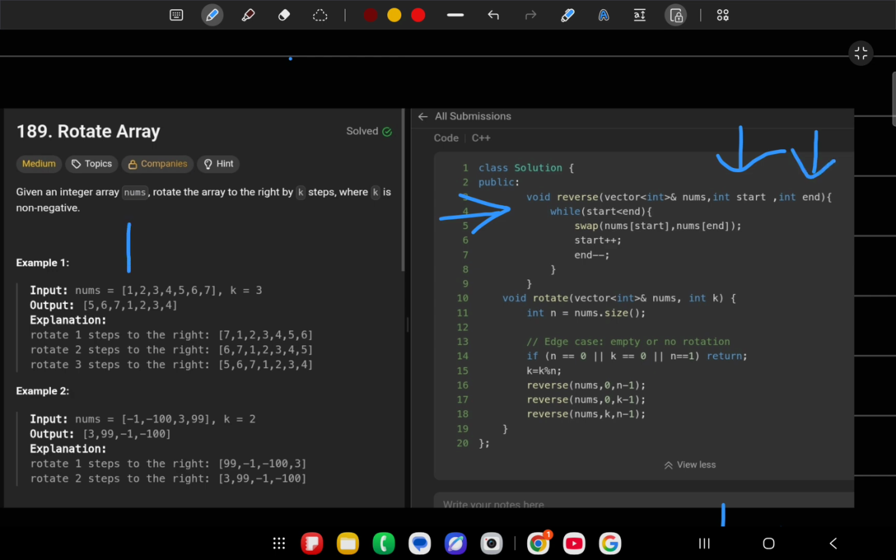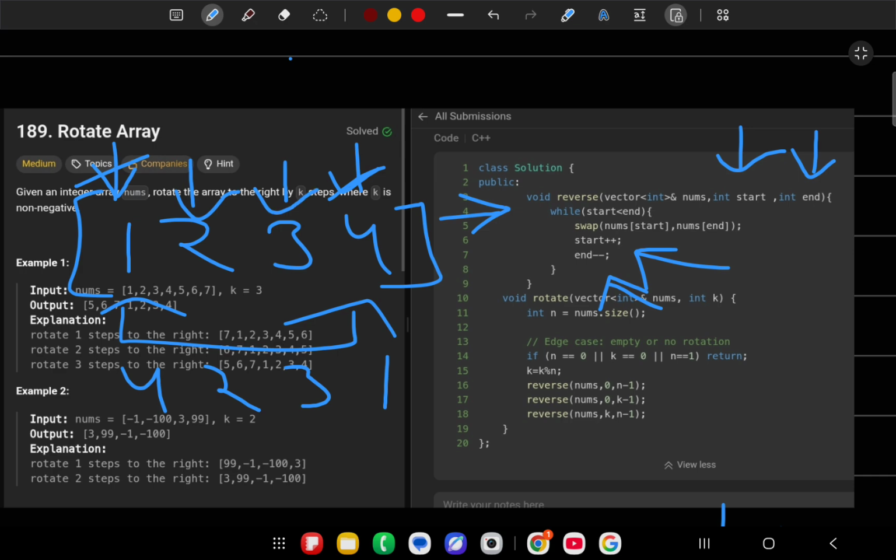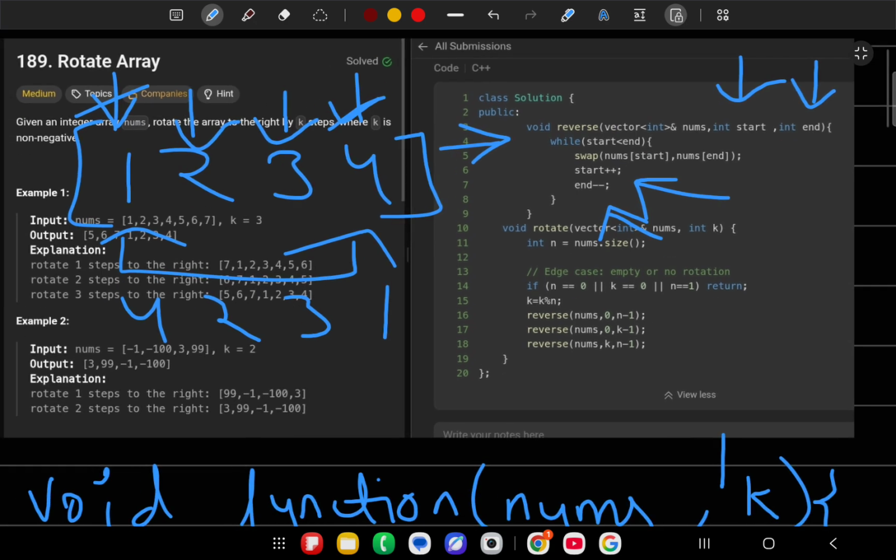Suppose we have 1 2 3 4 and need to reverse this. We point to the first index and the last index, and just swap both of them: 4 and then 1 2 3. The pointer of the starting index should be plus plus, and the pointer of the ending index should move back here. Swap them also: 4 3 2 1.